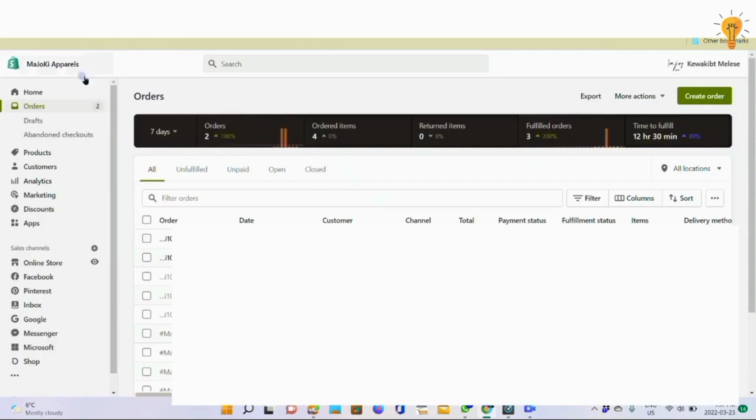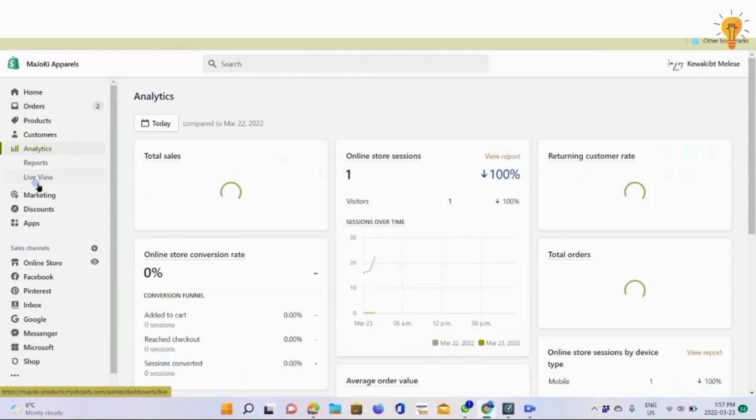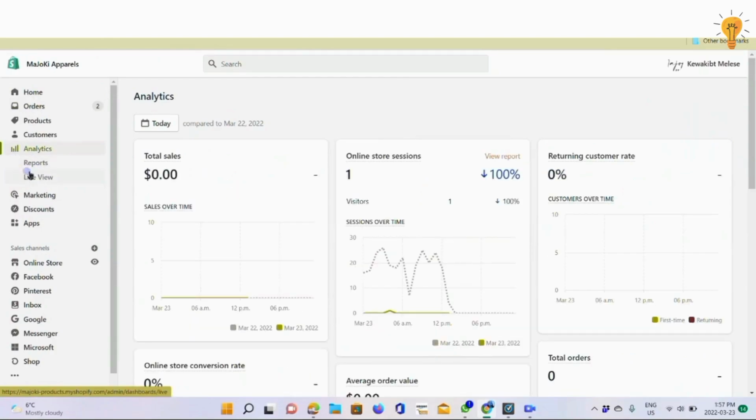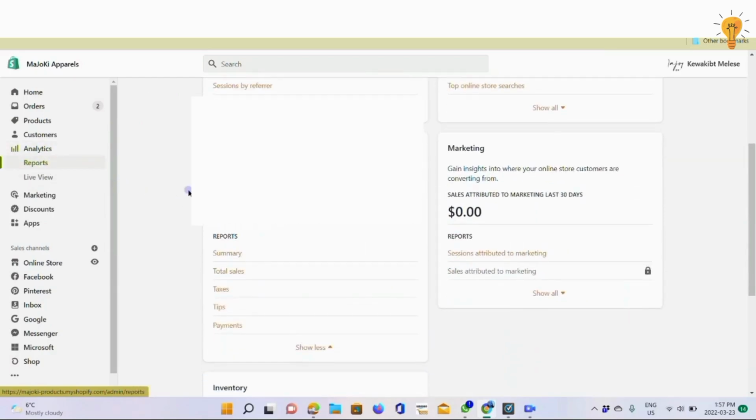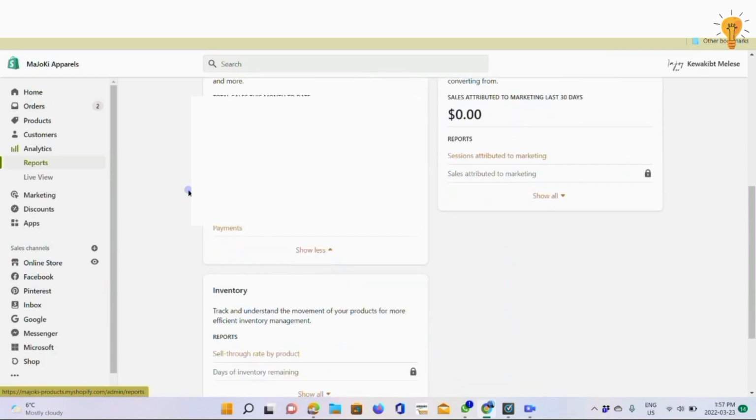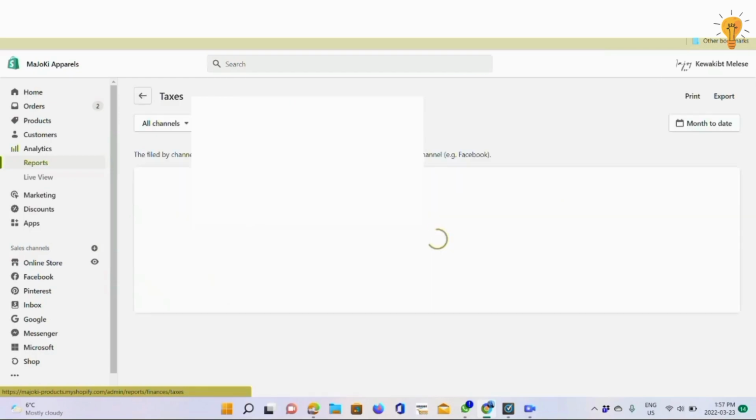So you will come to this page and you will click on the analytics. Under analytics you will see reports and live view. So we will need a report, so we'll click on the reports. Once you go to that page, you scroll down and you will see a summary: total sales, tax, tips and payments. So what we need over here is only tax. For tax purposes you click on the tax here,